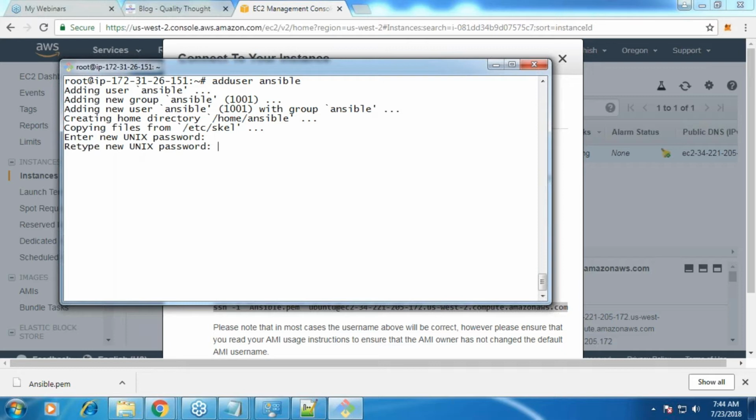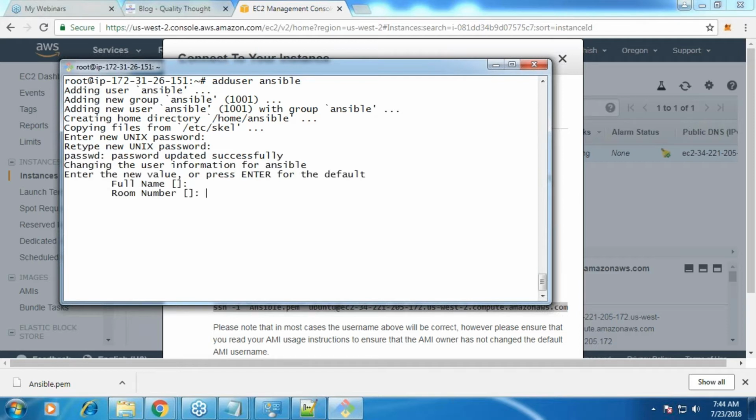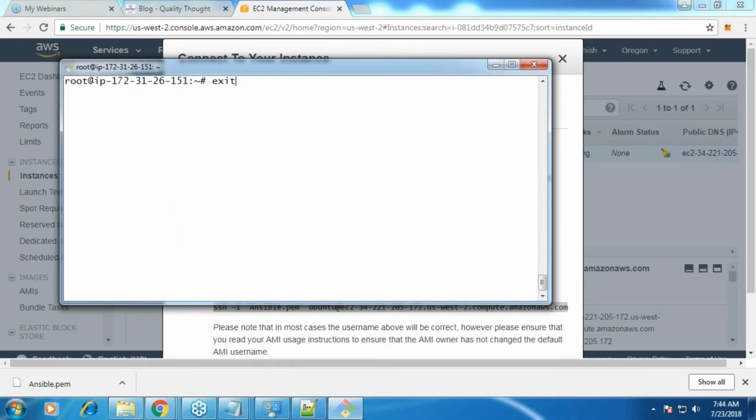And now set whatever is the password. Okay. So other details if you want to enter. Done. Simple. Does this look better or useradd looks better? This is a simple way. With one command, you get everything. Right. Now, let me exit and let me become a user called Ansible.